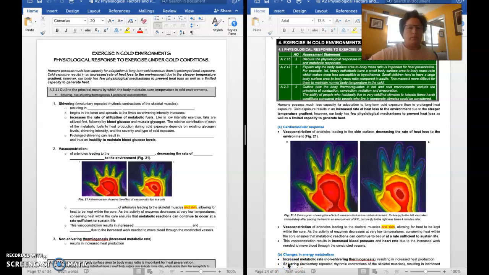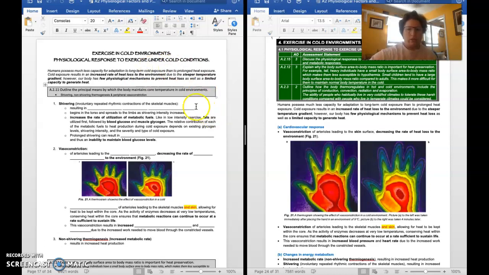All right, so part 4 is going to be on exercising in cold environments and how we adapt. First thing we need to know is that humans have much less capacity for adaptation to long-term cold exposure. Cold exposure results in an increased rate of heat loss to the environment due to steeper temperature gradients. However, the body has fewer physiological mechanisms to prevent the heat loss, as well as a limited capacity to generate